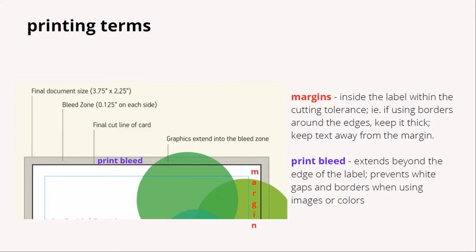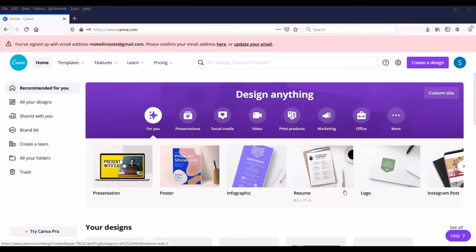The example on our diagram here illustrates the green circles extending beyond the edge of the label to prevent these white gaps. Now, let's move on to Canva. We are now logged onto Canva and on the home page. To create your custom label, go to Design Anything and go to the top right here to Custom Size, and